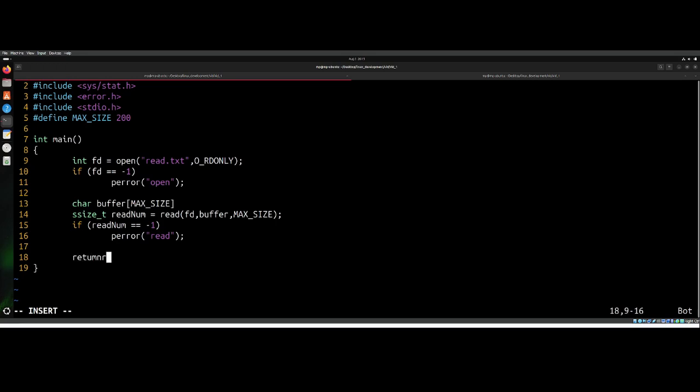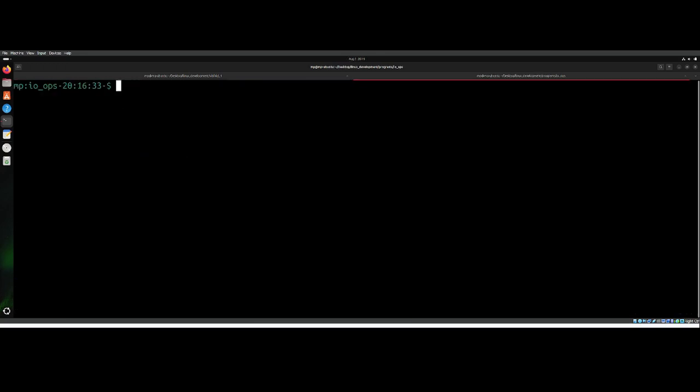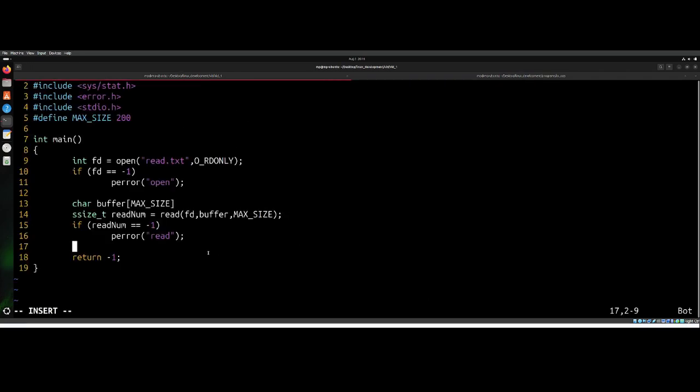Now return -1, and we do not just want to close the file. Let me close the file first,